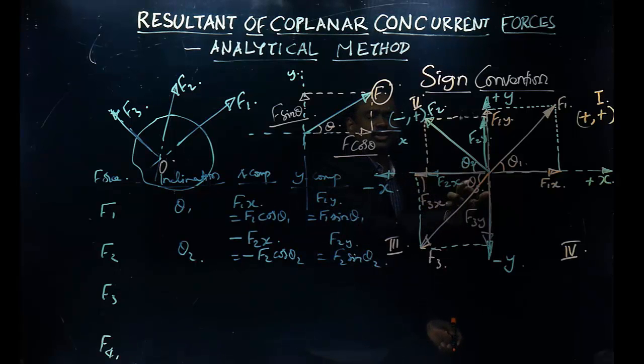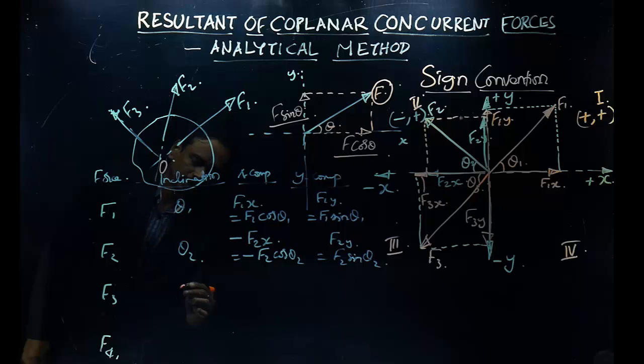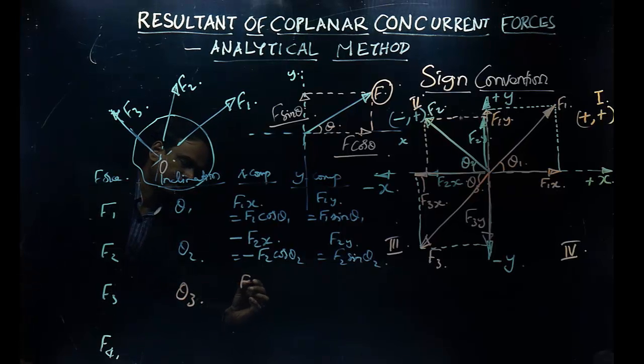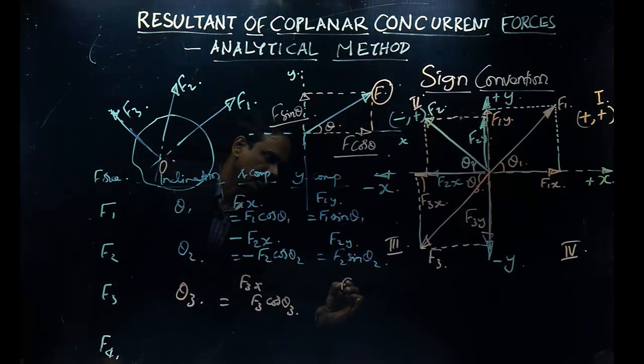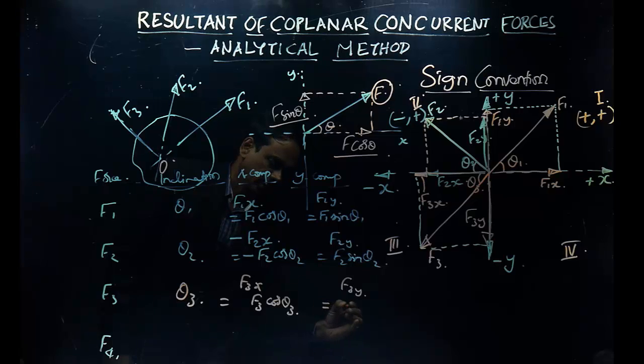F3x is adjacent to this angle, so it will be F3 cos theta 3. This angle is theta 3. F3x is equal to F3 cos theta 3, and this will be F3y and it will be F3 sin theta